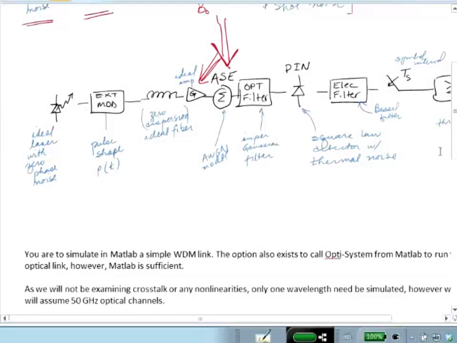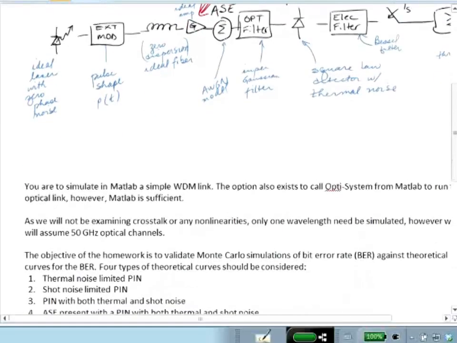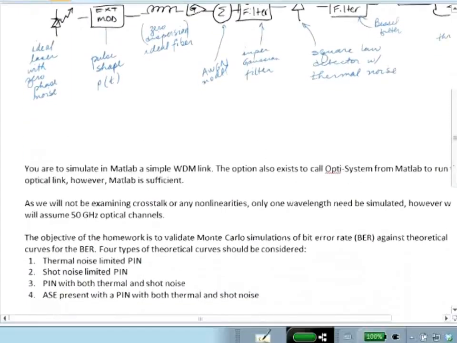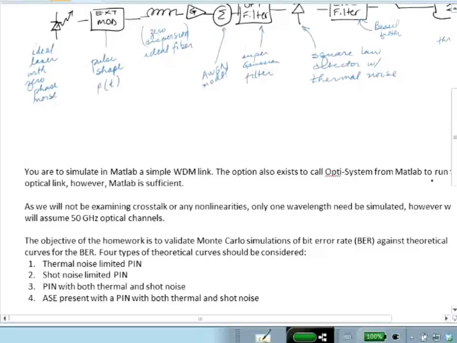So we're going to be assuming 50 gigahertz spacing on these WDM channels, which means essentially that we're setting the optical bandwidth of our filter. So the optical bandwidth of our filter is going to determine the level of ASE. The objective of the homework is to validate the Monte Carlo simulations of bit rate against theoretical curves. The first half, which I would like you to turn in before class on Thursday, is to generate the theoretical curves. So just take the subset of the code provided that deals